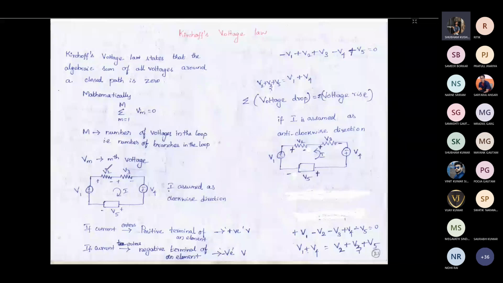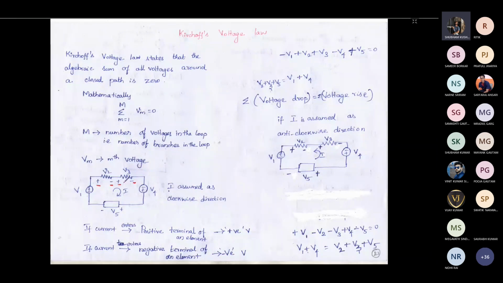So here, based on the statements I gave, I have given positive polarity for this. First, this is the circuit given. We are having two voltage sources like this. Then I have assumed that the current direction is clockwise. Based on this assumption, I have given positive polarity and negative polarity for these